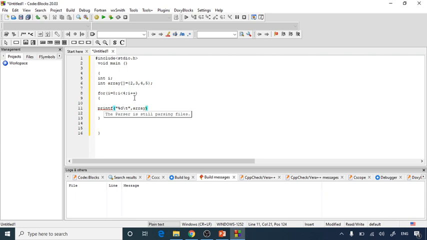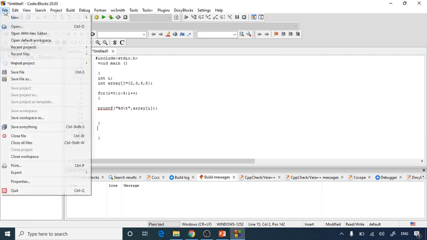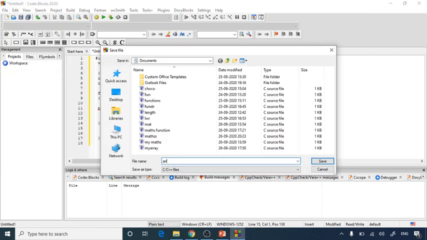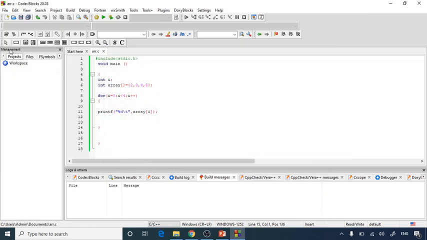Which element? The i element. So here I am printing all those elements of the array, that's why I have written array[i], and after that we have to provide the two brackets. Now let's save it. Save file as array.c.